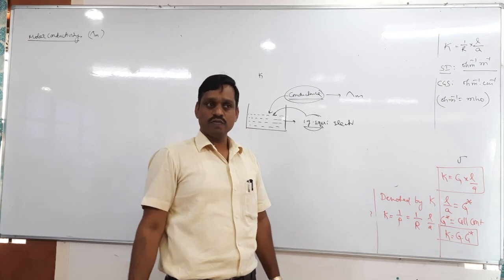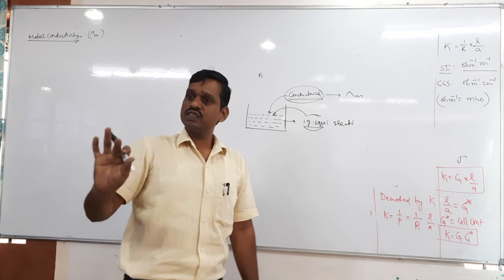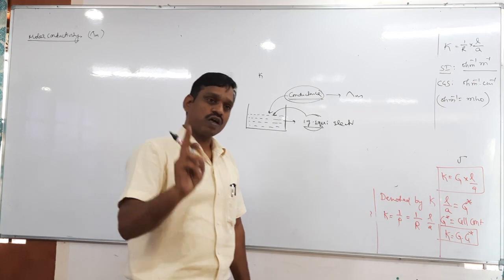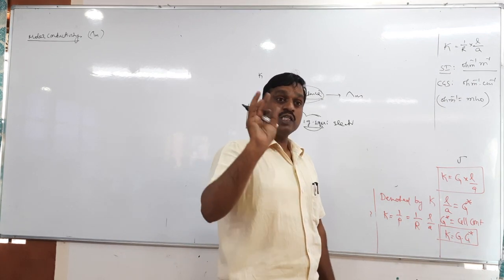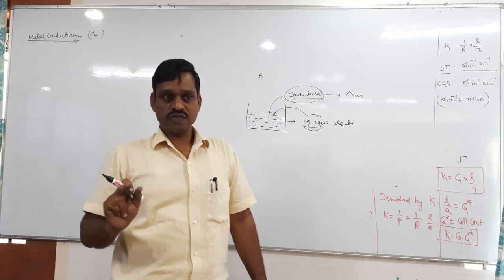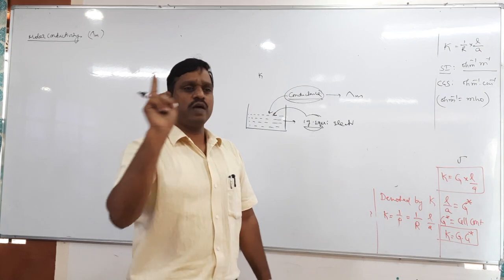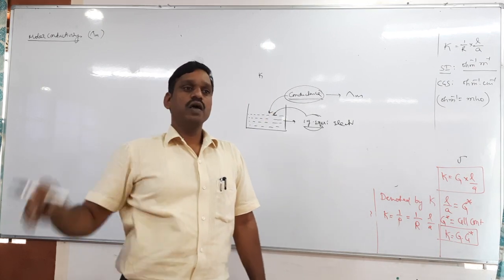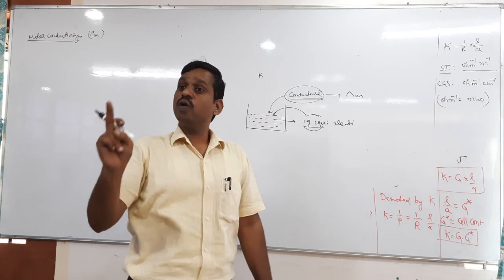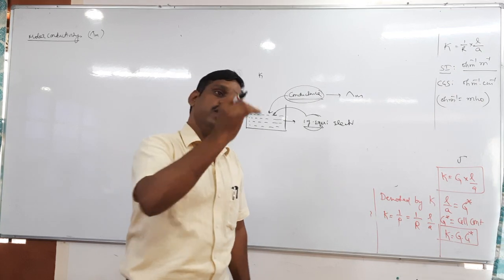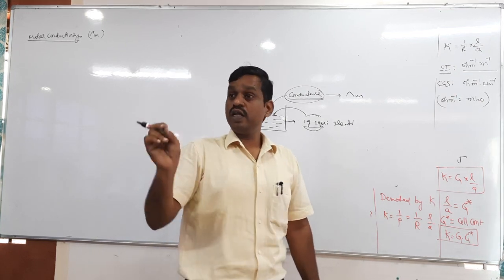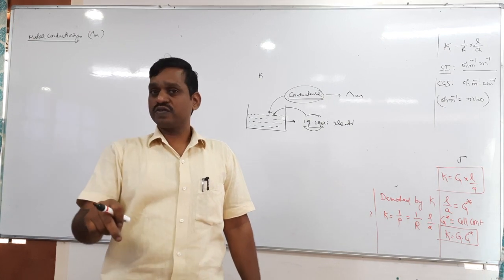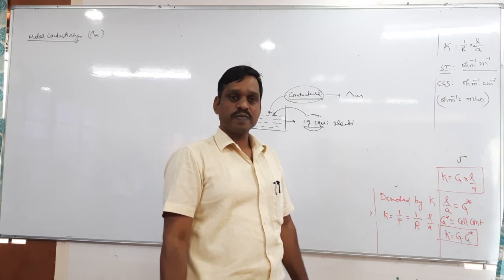Both are at given volume. Now tell me, what is the difference between specific conductance, molar conductance, and equivalent conductance? In specific conductance, volume is fixed. How much? Unit volume or 1 ml. In molar conductance, what is fixed? 1 mole of electrolyte is fixed. Volume may be changed. In equivalent conductance, 1 gram equivalent of electrolyte is fixed. Volume is changed. That's it.